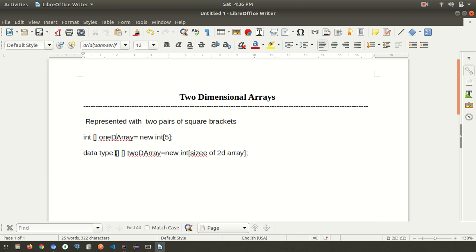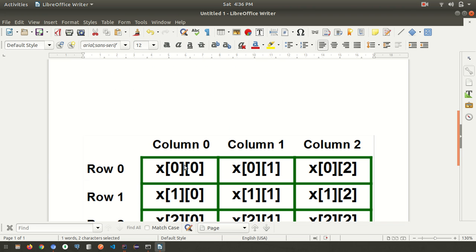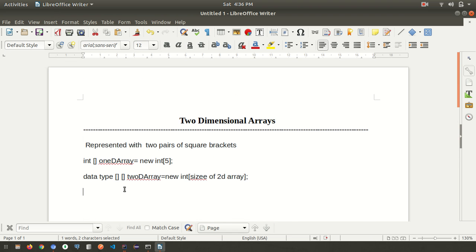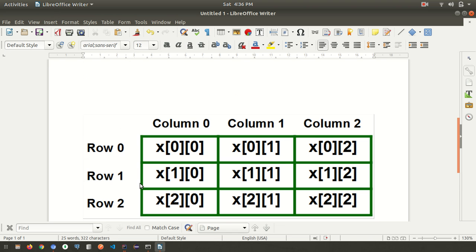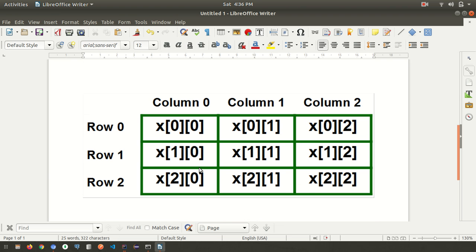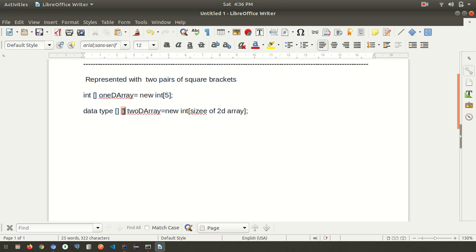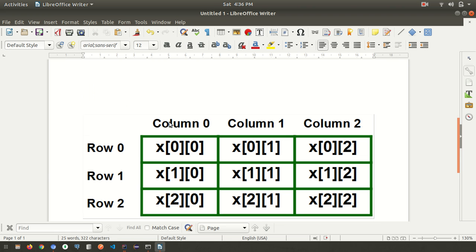The rows start from 0, same as in one-dimensional, where the index starts from 0. So the index goes 0, 1 and 2, so there are total 3 rows, and the columns are column 0, column 1 and column 2.